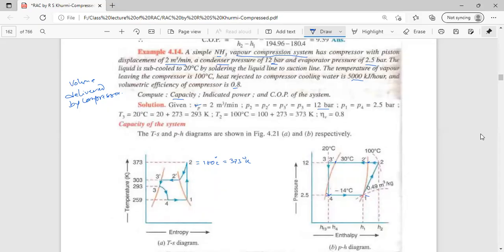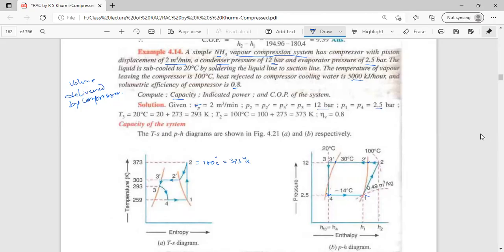Both are equal, and thus the lower pressure system, thus the total isothermal heat release, or refrigerating effect, is being done on an isothermal process, which is equal to P1 equal to P2, which also happens to be the lower pressure of the system itself, and it's given as 2.5 bar.